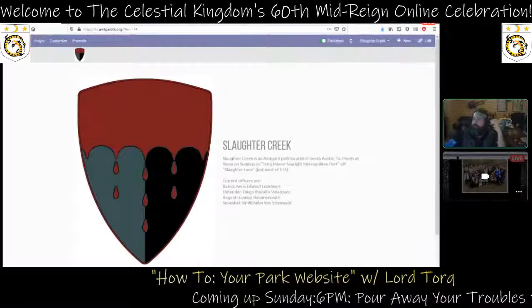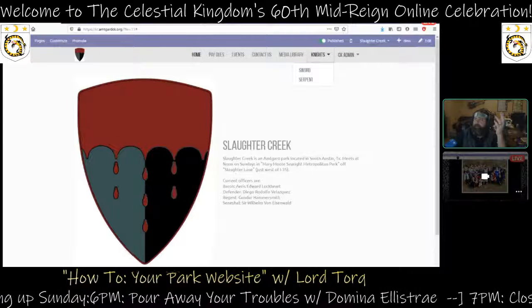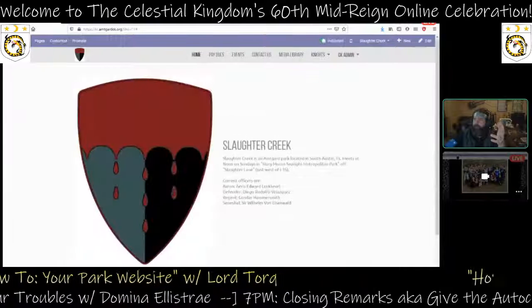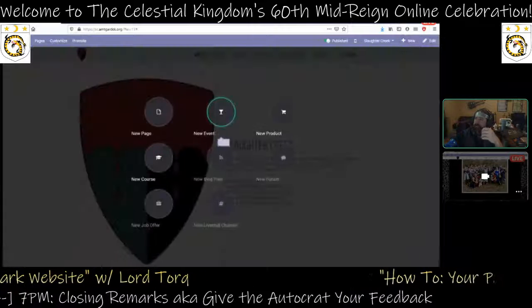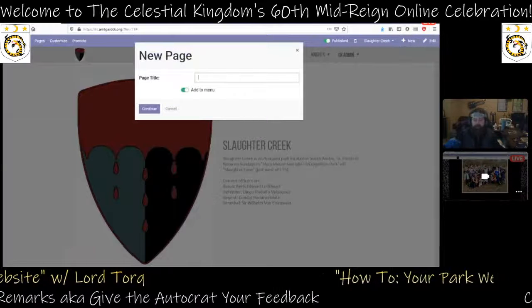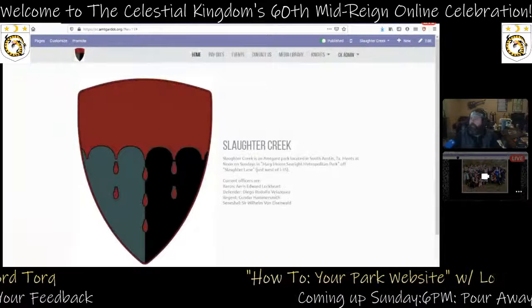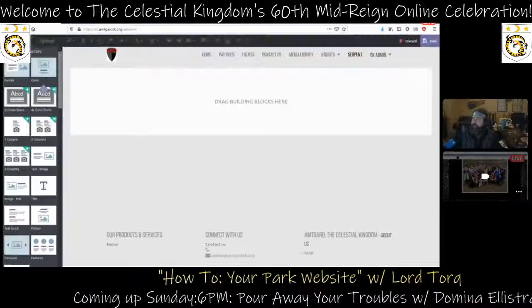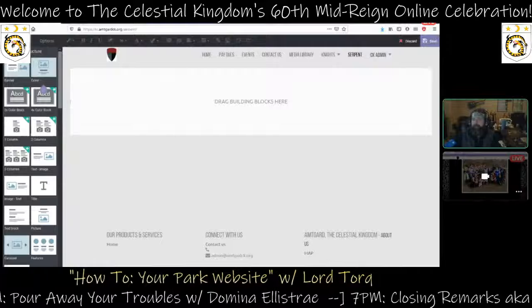There we go. This will refresh, and now on the menu you've got Knight, and you can click sword, which won't take us to anything because we haven't created the web page yet. And you've got serpent. So now let's create a new page. And let's do serpent. All right. Now it automatically brings up our blocks. Let's do,